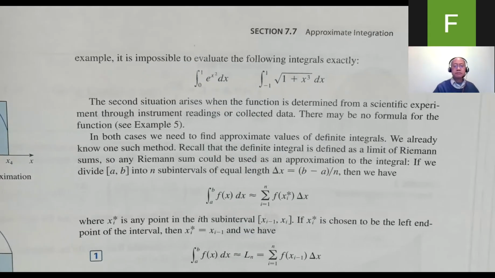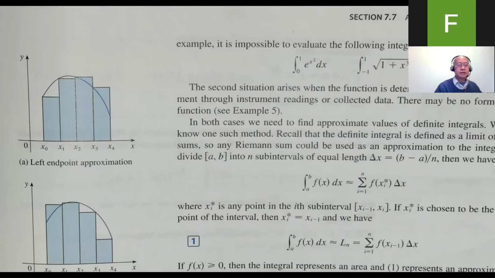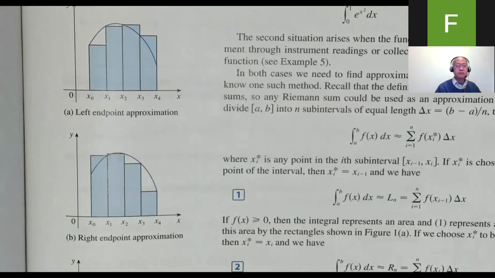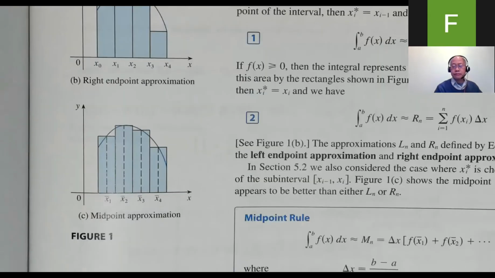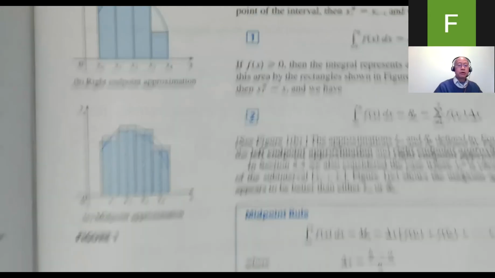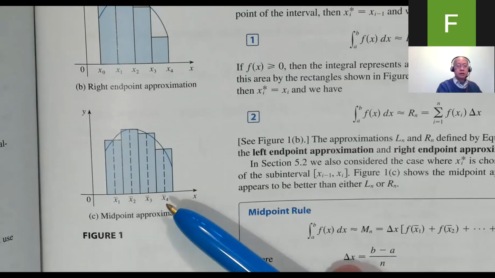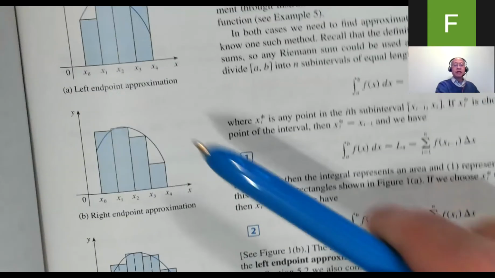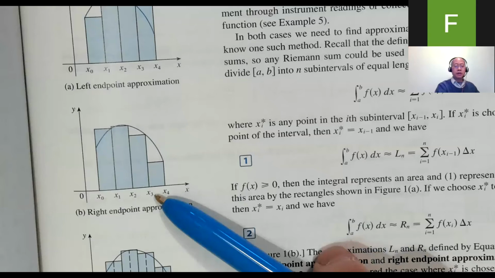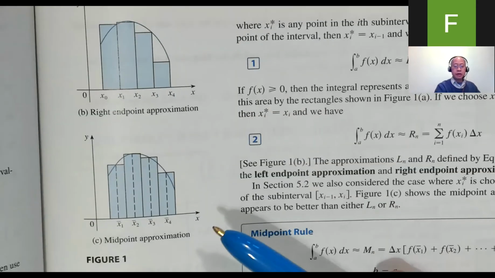So what are we going to do? We just do approximations. Remember doing stuff like this before? Left endpoint, right endpoint, midpoint. Well, we're going to resurrect the midpoint method, but we're going to do some other methods. You're not going to do left endpoint and right endpoint like you did in Calc 1. You will do the midpoint